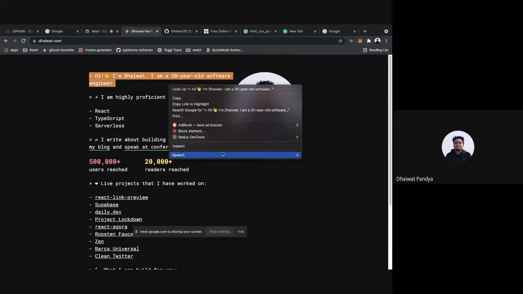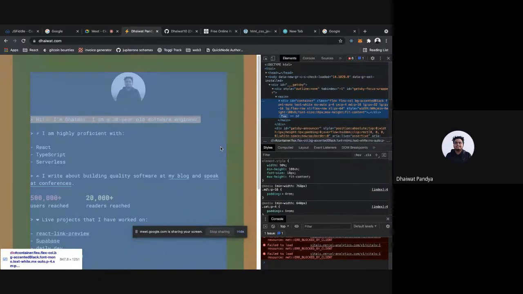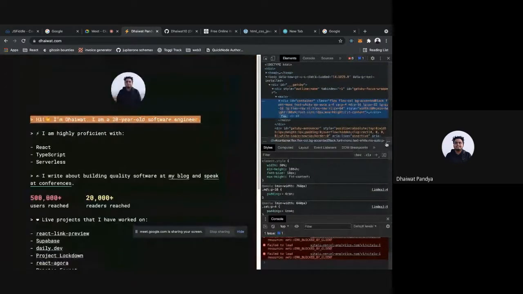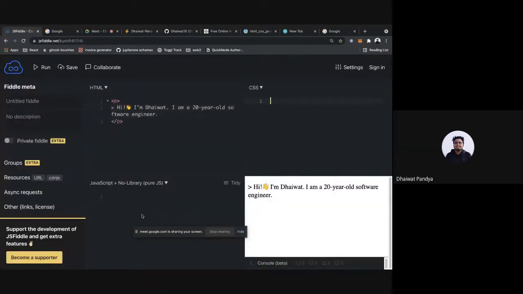Now, this might not make a lot of sense right now, but what I'm trying to say is, no matter what framework you are using, no matter if you're using React, Angular, or Vue.js, in the end, the output that the browser displays to you is HTML, CSS, and JavaScript. So that's why we are here, to give you some introduction about these 3 things.